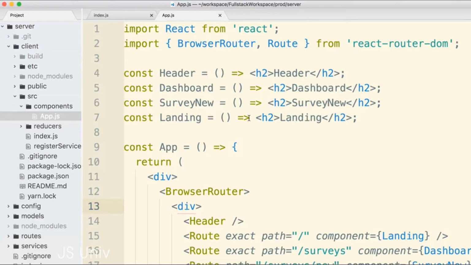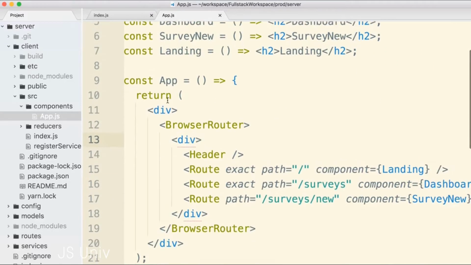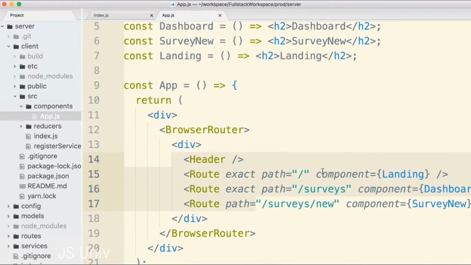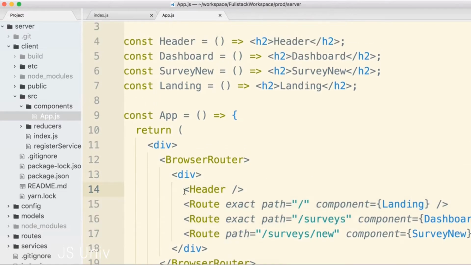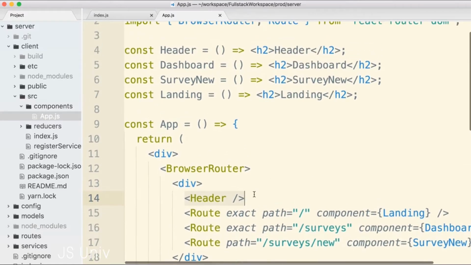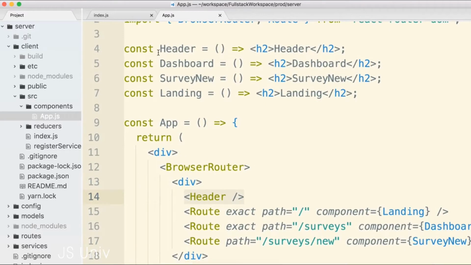In the last section, we finished up our initial configuration of React Router inside the app component. We've now got different route definitions put together for each of our different major routes. We're now going to focus on the individual implementation of the header component. So rather than defining this kind of dummy header inside of here, we're going to split it off to its